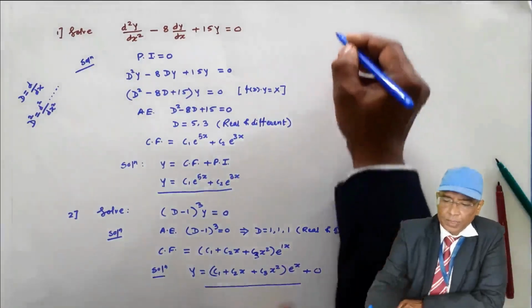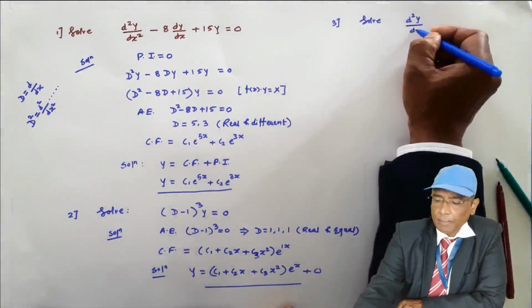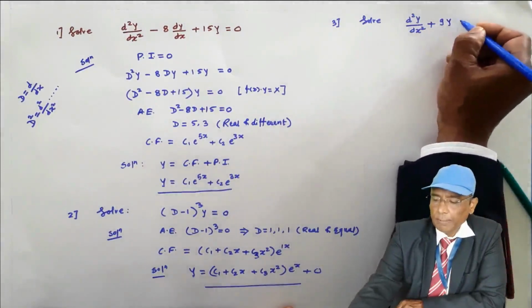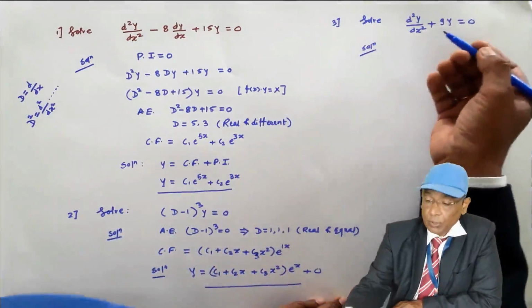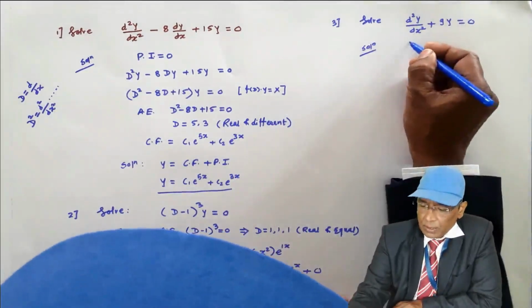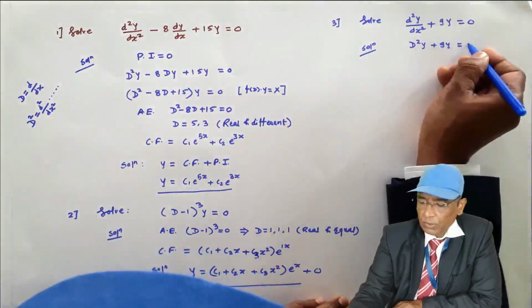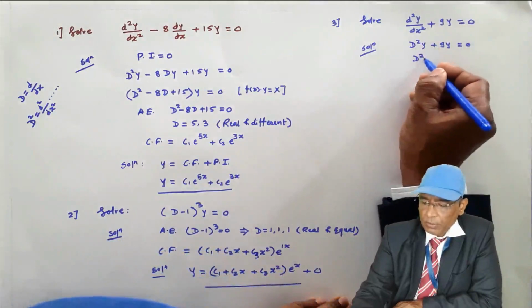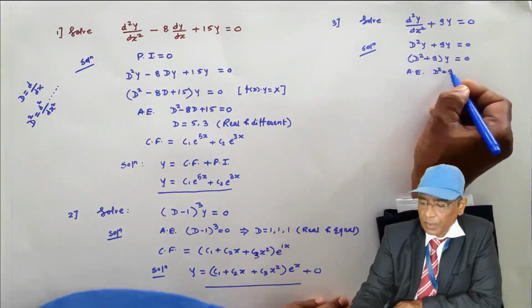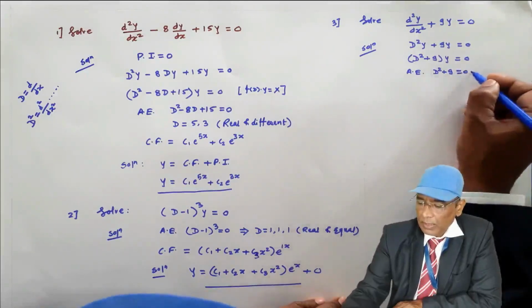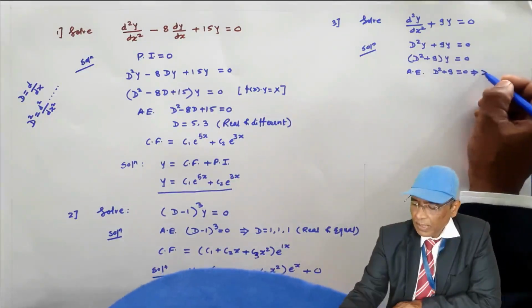Now, third one, solve the differential equation d2y by dx square plus 9y is equal to 0. So I am going to solve it. First of all, I am writing this equation in terms of capital D: D square y plus 9y is equal to 0. Take y common, then write the auxiliary equation D square plus 9 is equal to 0, and D square plus 9 equal to 0, you can use a calculator or you can get the value of D like this,